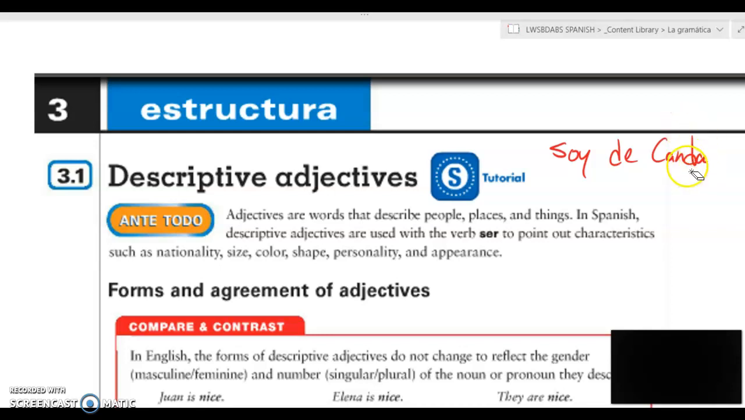Of course, I spelled Canada wrong. Or soy profesor. Or for you, it would be soy estudiante. You can also talk about what kind of person you are, which we did a little bit, like soy inteligente or eres inteligente. So let's talk a little bit about what these are